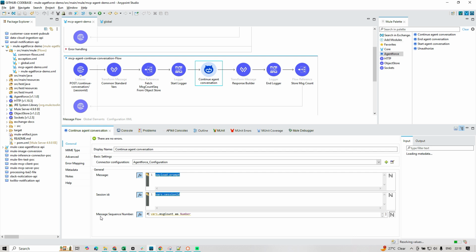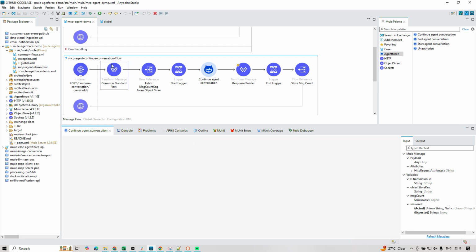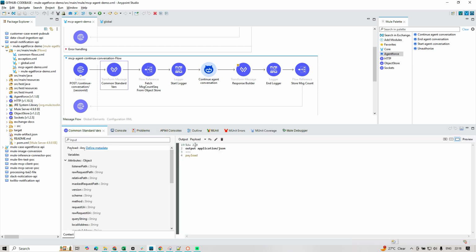Okay, and this is the message sequence counter. These are the optionals. We can count the number of messages, how many messages, but these are optional, we can keep them like this. If you see here, I have created the payload, next transaction ID,